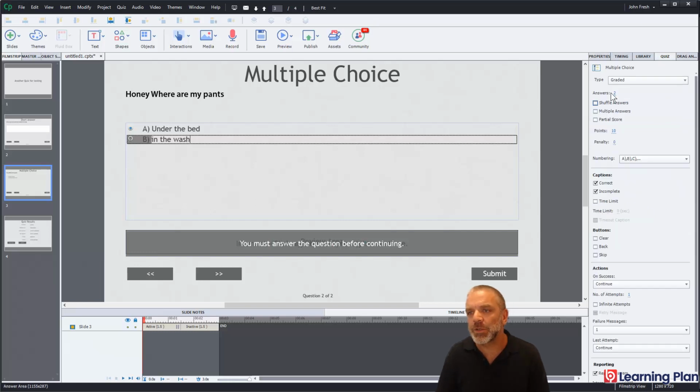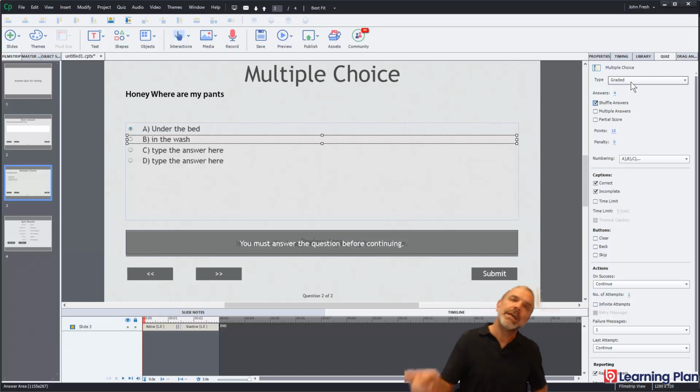And now we can go over to the quiz tab. We can add a couple more answers. So I might make that 4 answers. We can also shuffle the answers. So if we're giving people an option to go back and attempt that, they can't answer the question as a result of